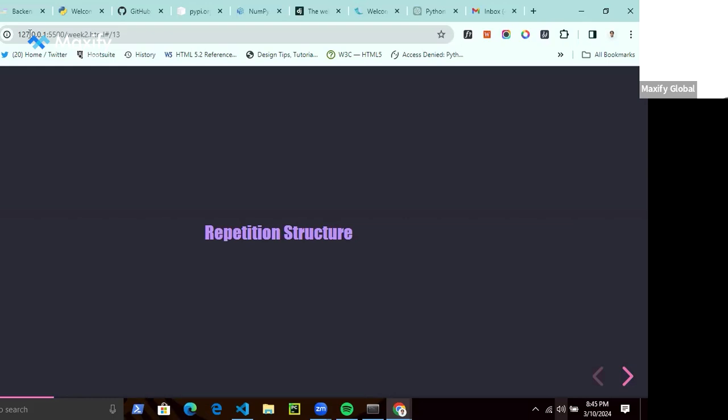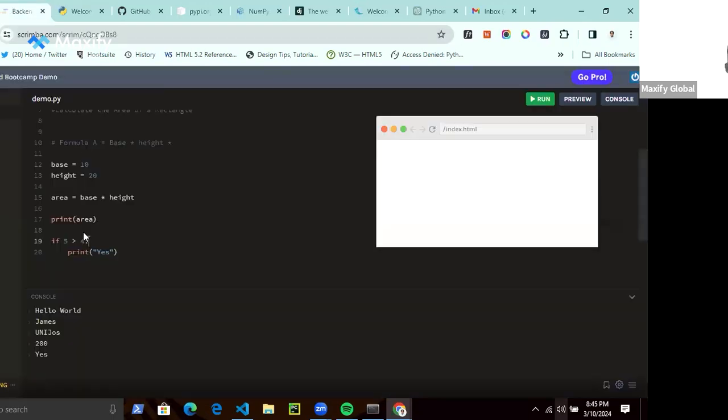Okay, so it is not efficient for us to keep printing. For example, I might have 3 print statements here.